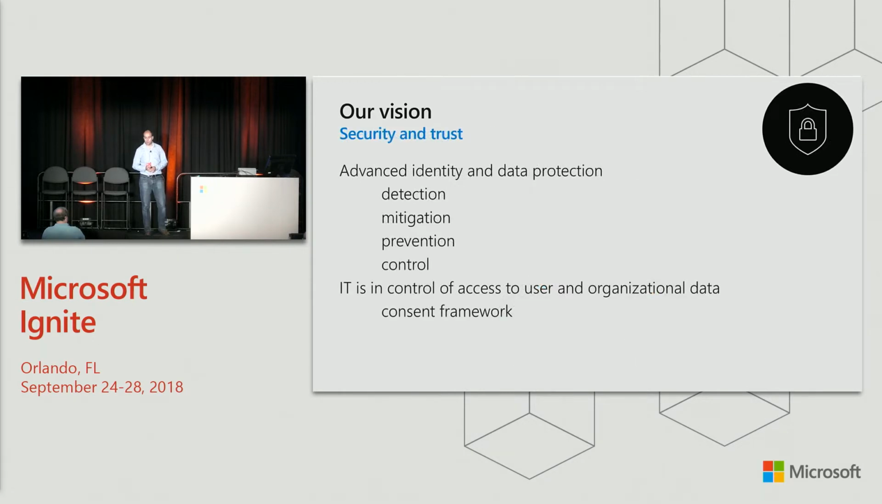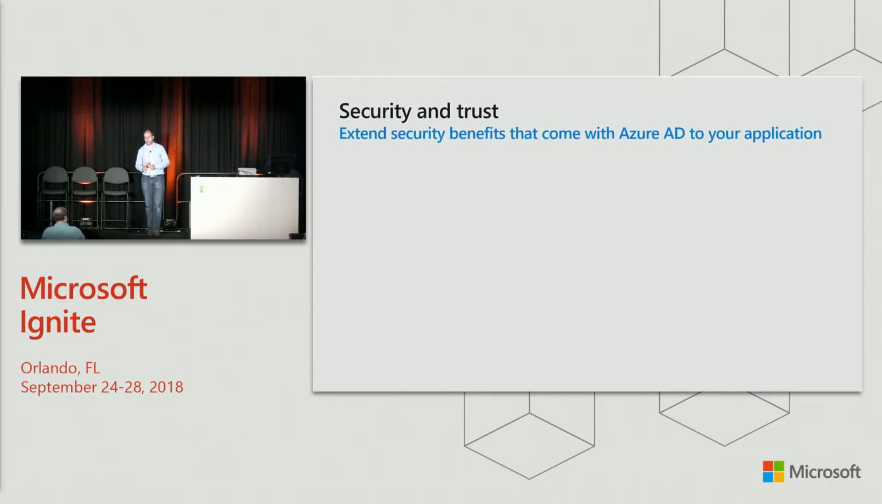So for security and trust, there are 2 things I want to hit on. The first is advanced identity and data protection. The second one is, in order to have a really robust world-class authentication system, you need a good consent framework. So the first,